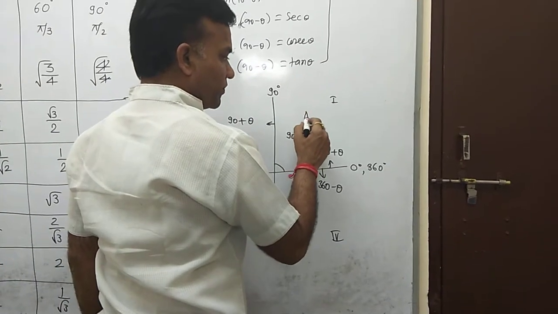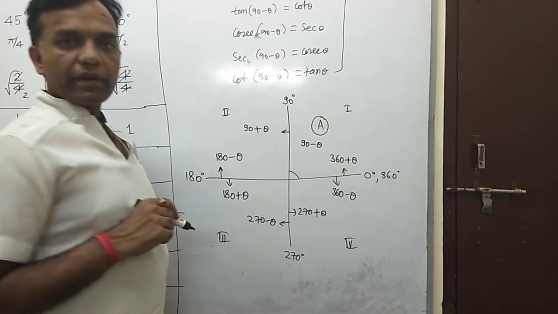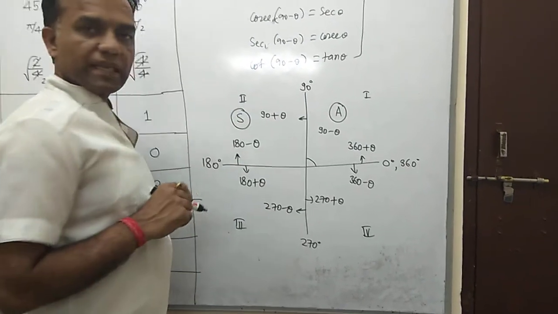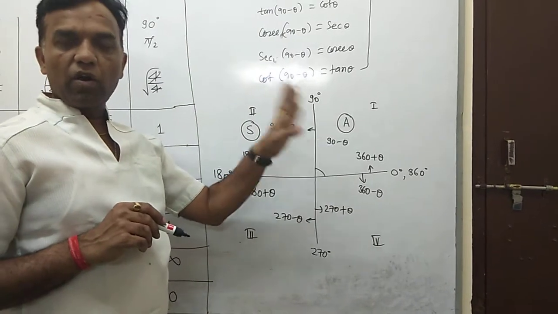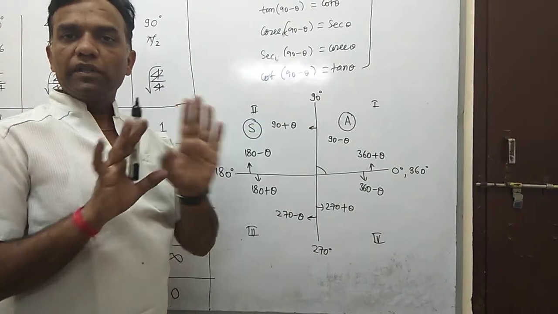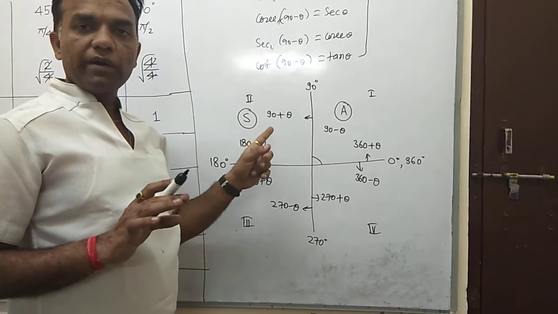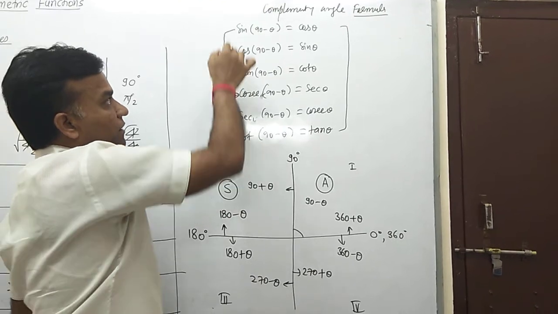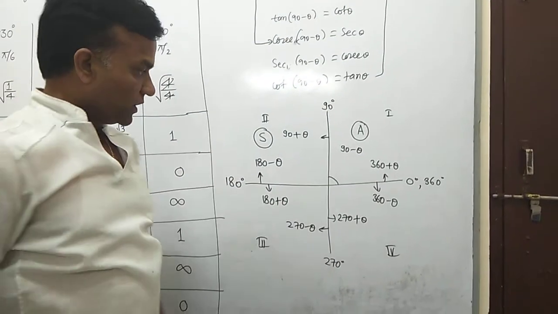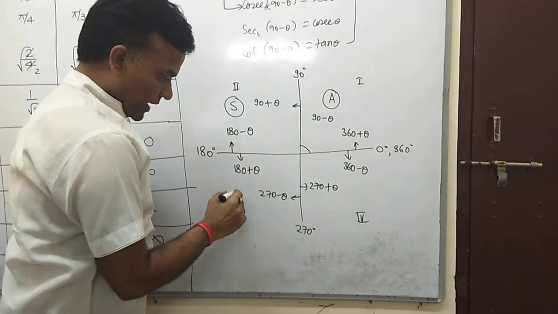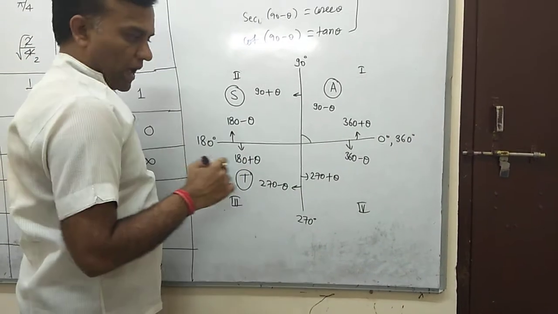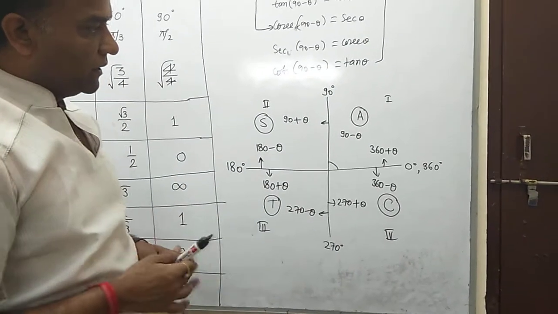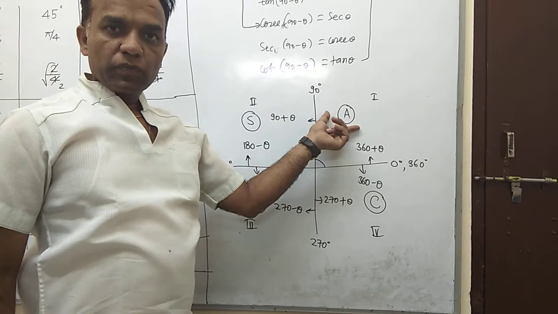But here, in the first quadrant, all trigonometrical ratios are positive. All means there are 6 trigonometrical ratios, they are all positive. But in the second quadrant, only sin is positive, and sin is also related with cosec, because their reciprocal value is also positive. So sin with cosec is also positive here, and then here tan, and last is cos. Okay, so in the 4 quadrants we discuss which trigonometrical ratios are positive.